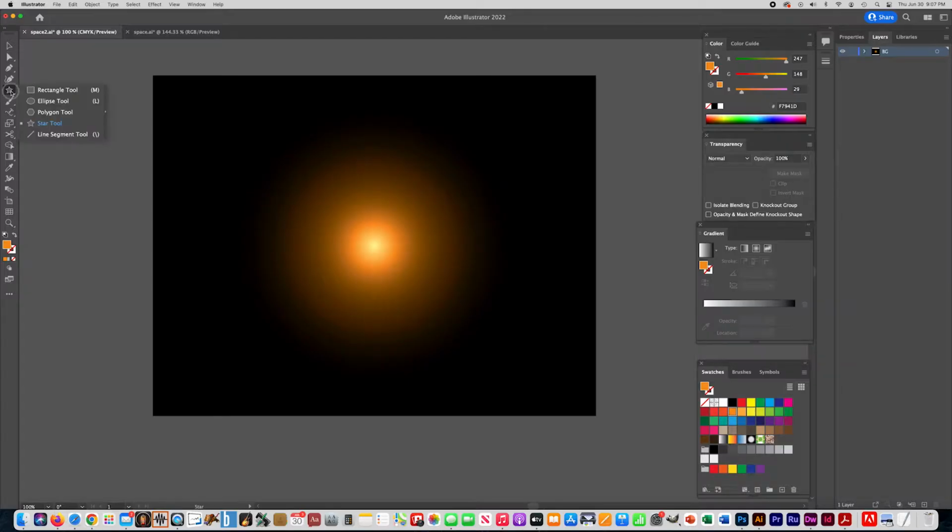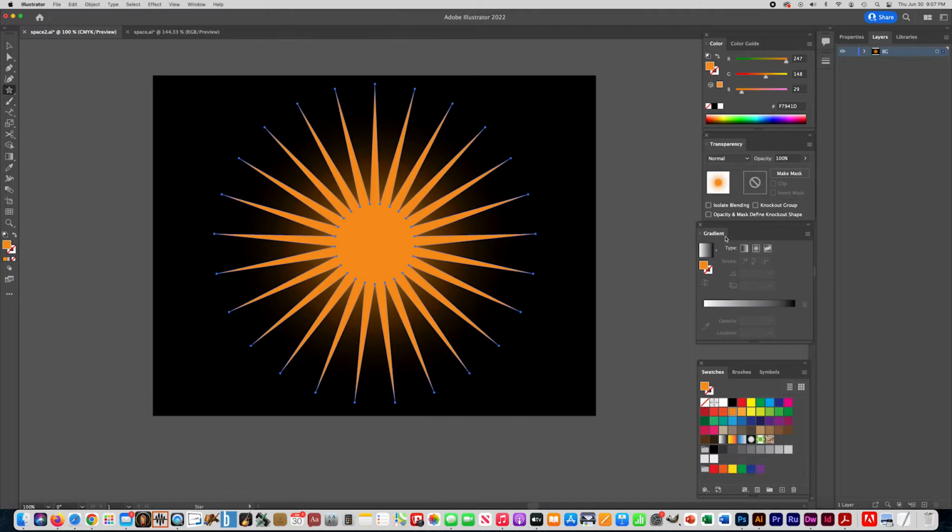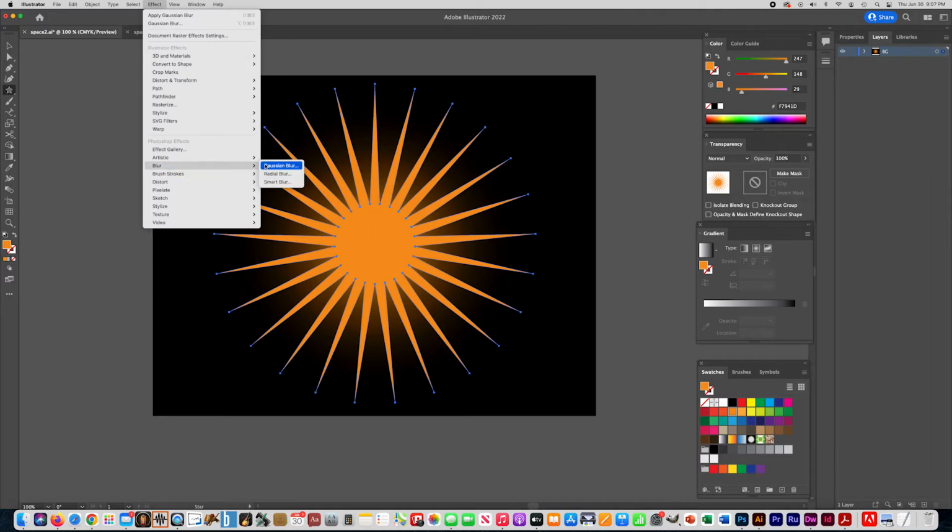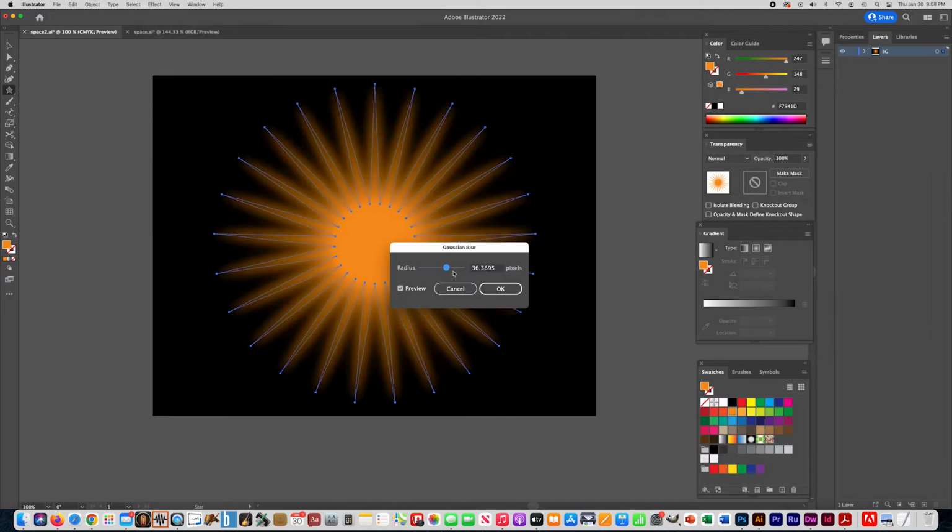So get your star tool, it's behind your rectangle tool, click in the middle of your sun. Let's make this like 25, and let's make the radius 1 inch, or radius 2 1 inches and radius 1 4 inches, something like that. And then let's give this a little bit of a blur. So go to Effect, Blur, Gaussian Blur,